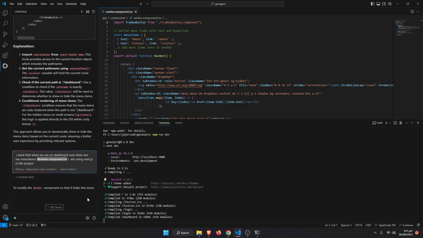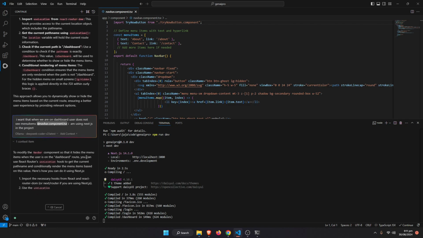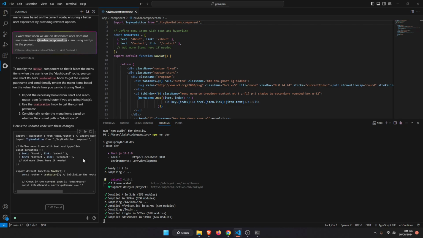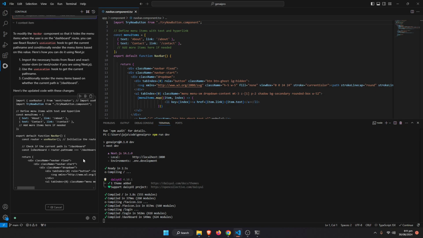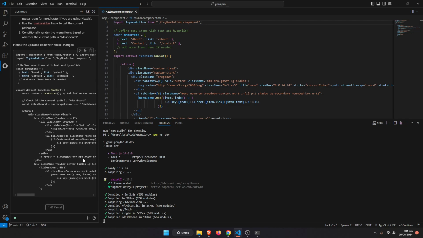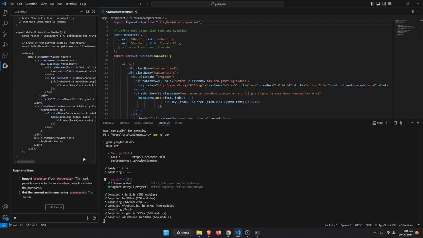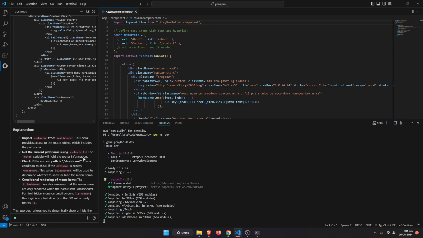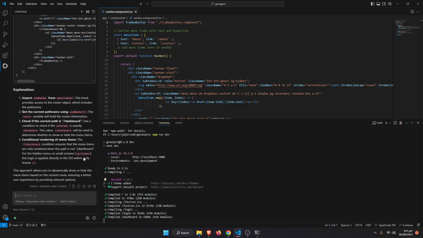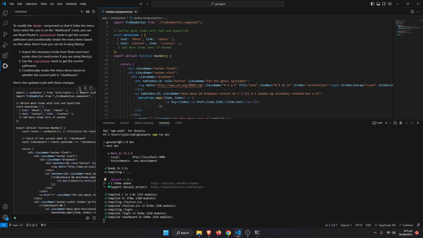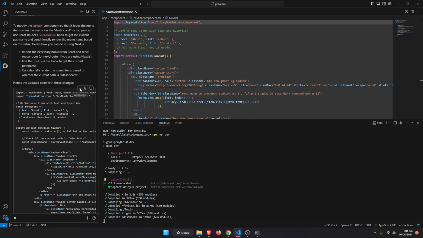Let's try to give it useLocation. useLocation, or useRoute. Oh, okay. Provide access to the route object including the path name and its dashboard slash dashboard. If I just apply to the current file,